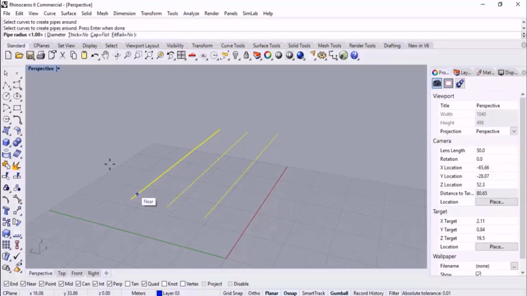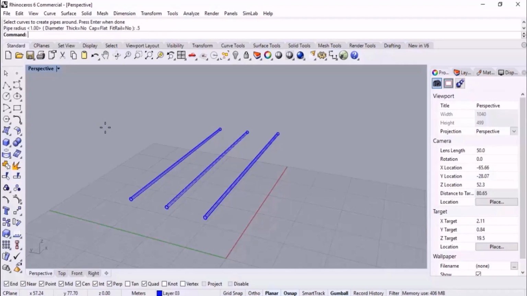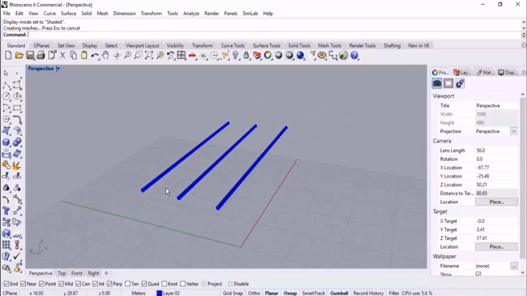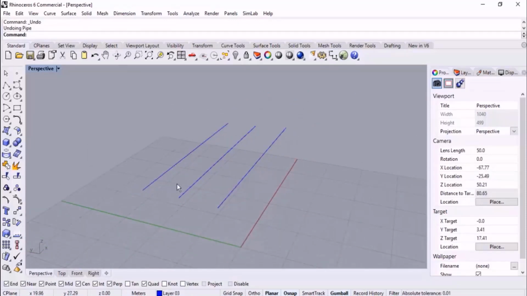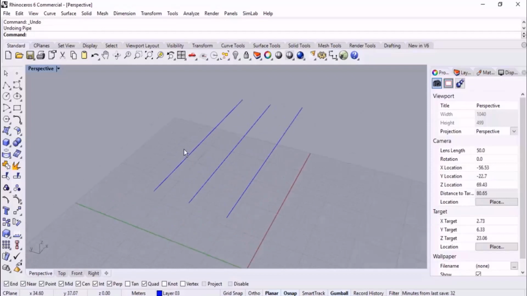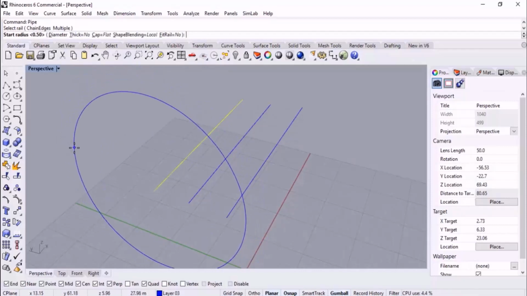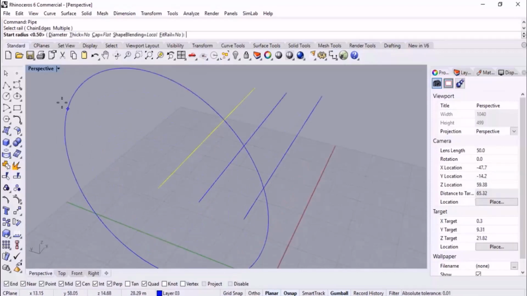Since we got multiple lines that we want to convert into pipes, I sketch, click and drag, select and enter. Then I should specify the radius of the pipe, for example 0.5. Then this would be the result. Let's check it out. So simply we can create pipes out of the lines. Well done. But if you select only one of the lines, in the command of pipe, then you will be